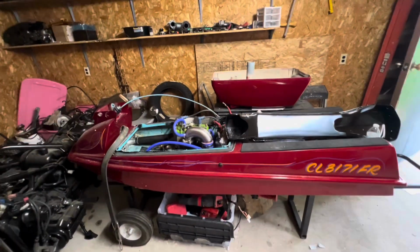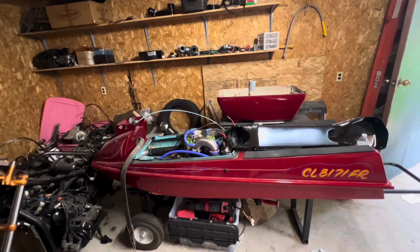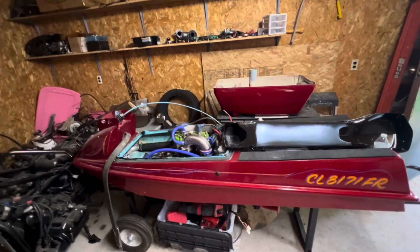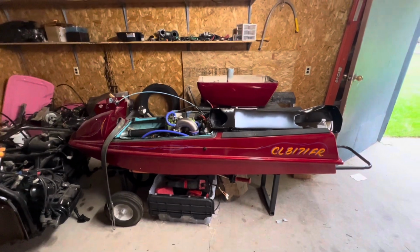I've got another set of carbs somewhere. I think they're in the tote down below or somewhere in here too. So got a couple different options. They're different styles. I think one set came off a ZXI. The others came off of a SS or something like that. I honestly don't even remember where